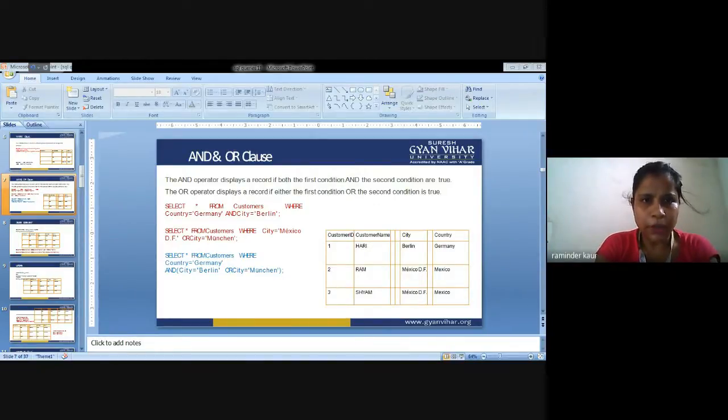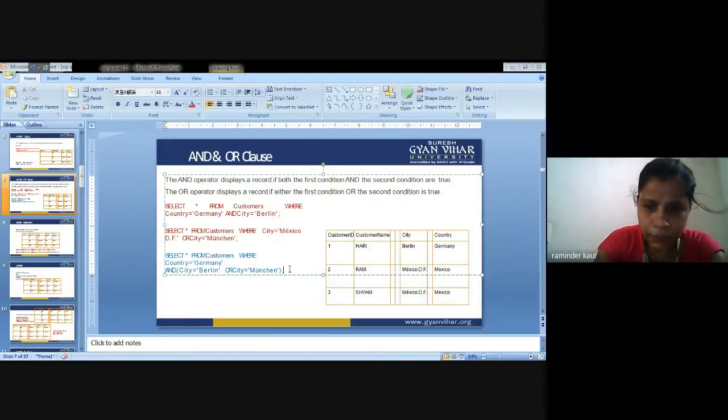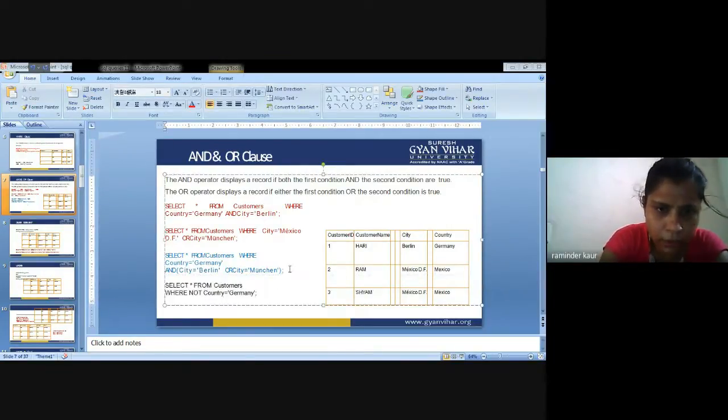I am also running one example of the NOT query. Okay, I am running the query of the NOT here. Just wait, Control V.